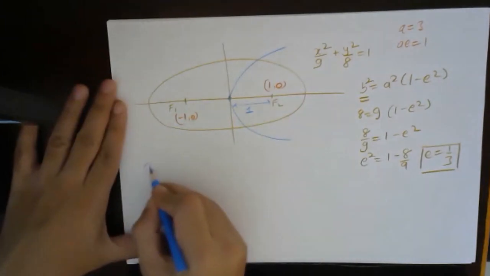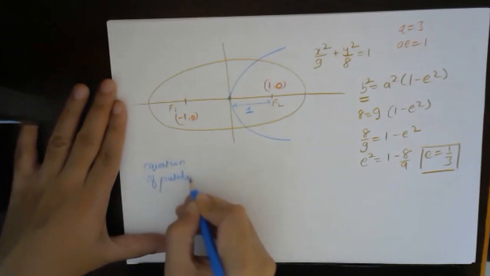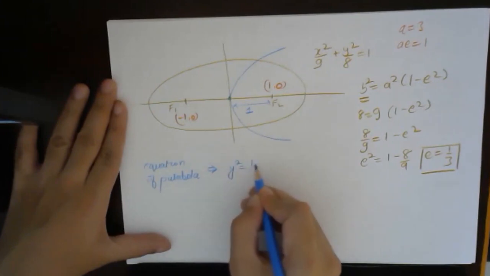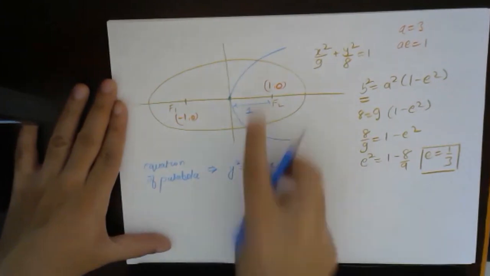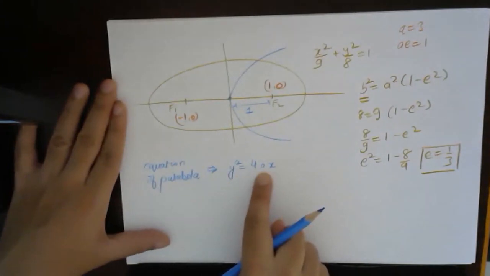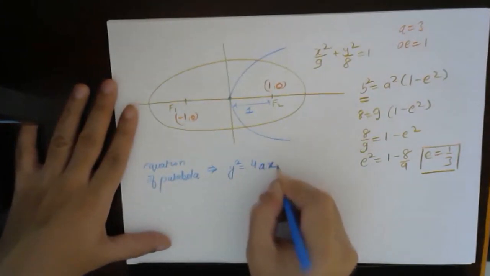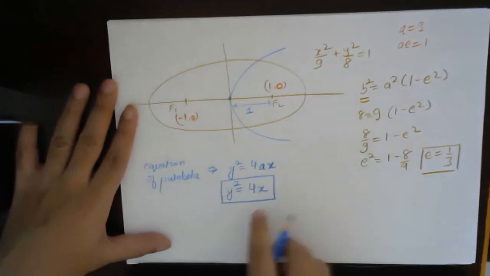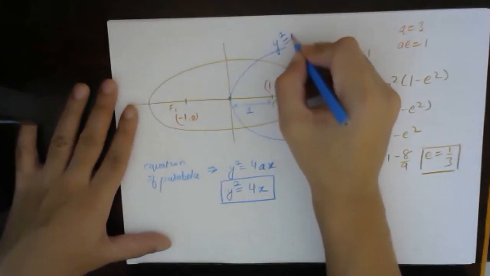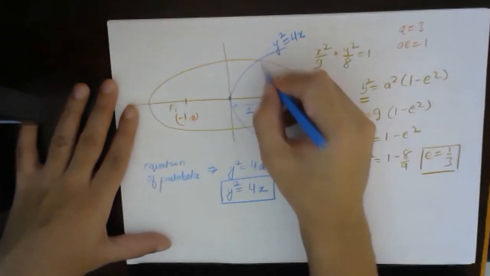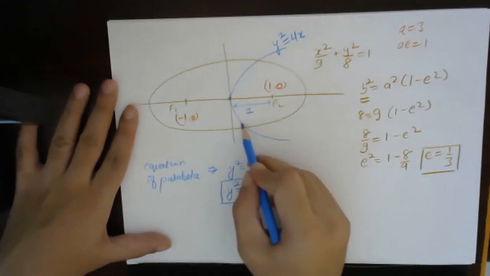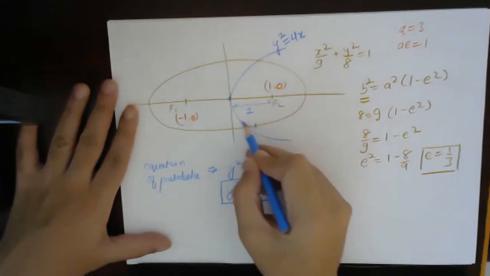So the equation of the parabola will be y square is equal to 4 into a into x. This is the parabola of this form. What is the value of a? a is 1. So this becomes y square is equal to 4x. Now we have to find, sorry, this is symmetric, right? So this point will be exactly above. So this will be somewhere here, right?